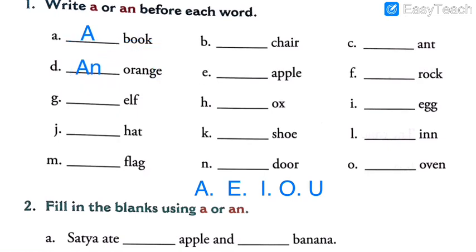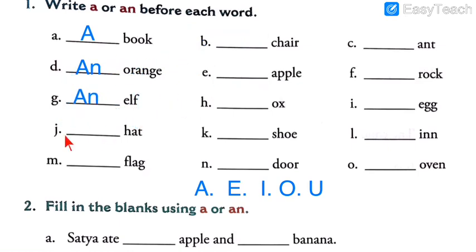Let us solve a few more so that you will get the brief idea. Dash elf. Now students, you have to check the starting alphabet. The word starts with E, and then you have to check whether E is a vowel or consonant. So here is the vowels list. Is E there? Yes, E is there in the vowel list. So if it starts with a vowel, what do you have to put? N. N, elf.